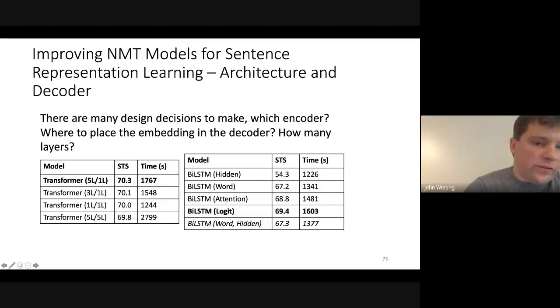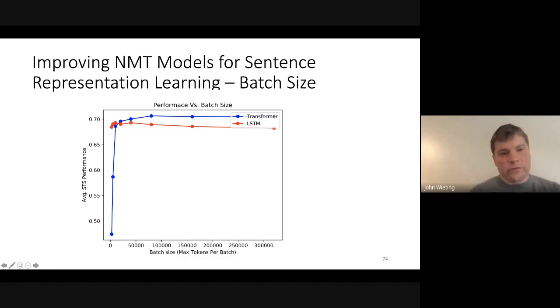Similarly for the transformer, we had to figure out where this goes. I'm not going to talk more about the details, but essentially there was also a relationship between encoder layers and performance. You want the decoder to be very weak, so one-layer decoders are good, and for encoders, the stronger and bigger they are the better, which is something you'd hope for in this setting. It's true for things like BERT, but it's also true here. Lastly, batch size is very important. The model doesn't work at all unless your batch size hits at least 25,000 tokens. This was another important thing from an engineering perspective.